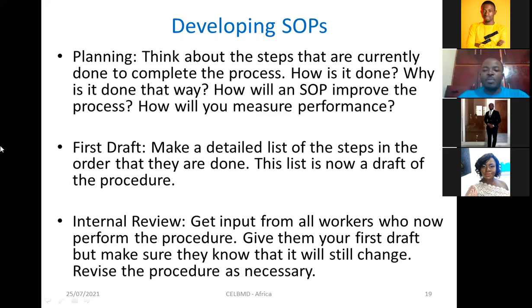A first draft will be made. An internal review will be allowed by employees across domains, even those out of the department or out of the core functional area where the SOP is going to be used. The essence is so that any areas of improvement that may be highlighted by employees across departments and ranks should not be ignored. Because of course, when a procedure is standardized, it becomes law within the organization.